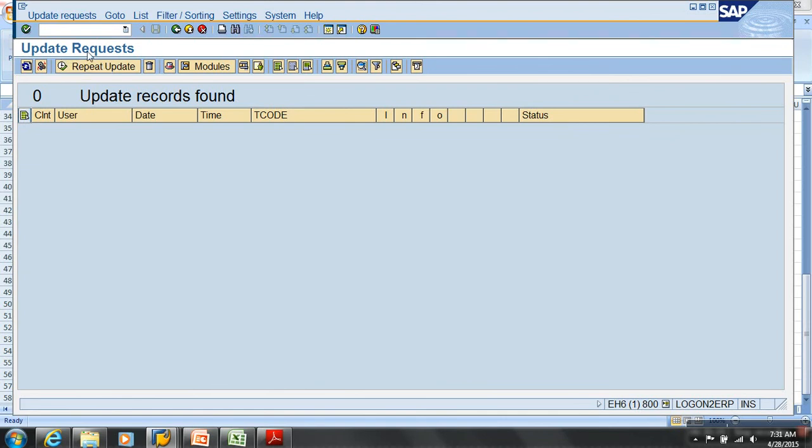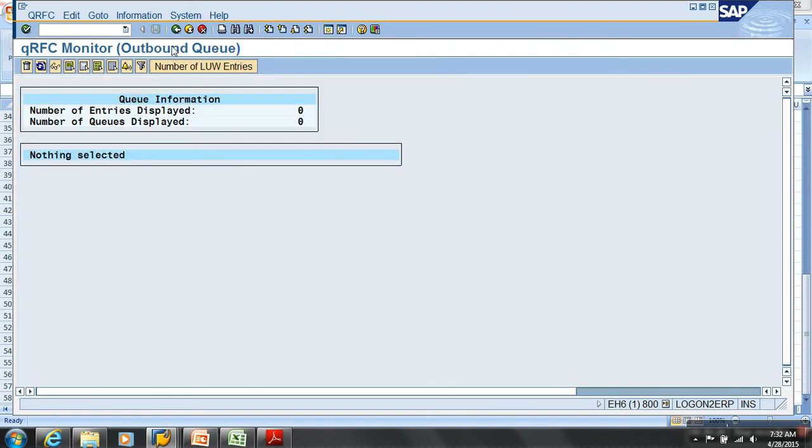What is this? Update Q, SM13. And what is the other T code? LBWQ. It does use outbound Q. Outbound Q will have all the LUWs that we are posting here.